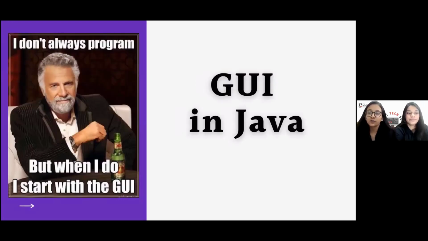Before we go on to GUI programming, let us talk about Java. We know that Java is a general-purpose, class-based, object-oriented programming language designed for having lesser implementation dependencies. It is a computing platform for application development. Java is fast, secure, and reliable. Therefore, it is widely used for developing Java applications in laptops, data centers, game consoles, cell phones, and many more.